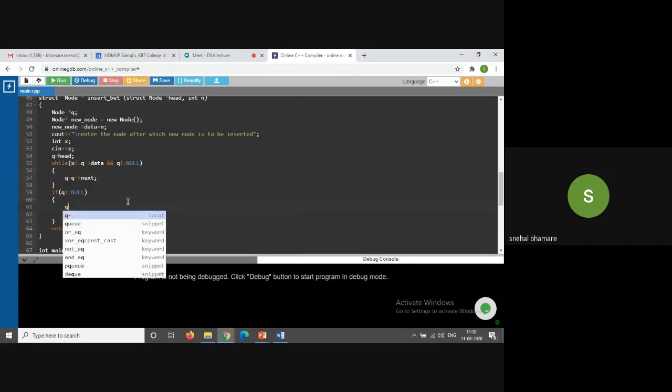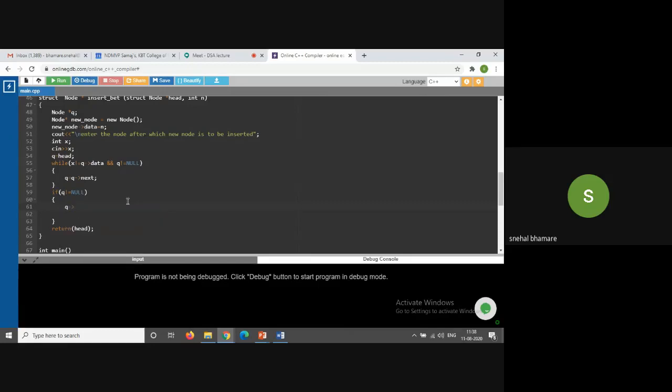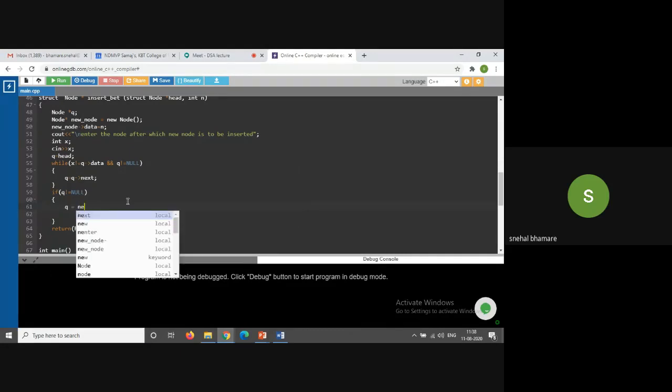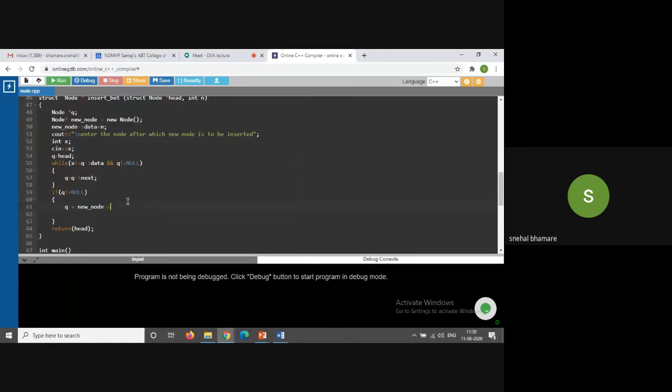So q is equal to new node next, then new node next is equal to q next.